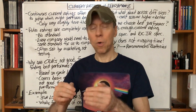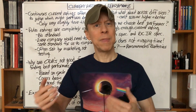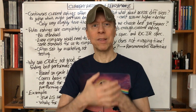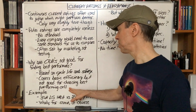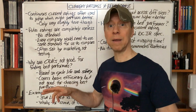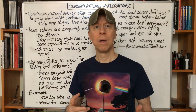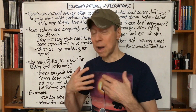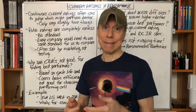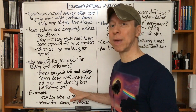Now, a lower continuous current rating can mean better performance because the battery is operating more efficiently, but that's not why the current rating is set there. It's mostly for these two things. Now, it covers basic efficiency, which is good. A lower current rating for any particular battery. If a Samsung 25R was rated, let's say, at 10 amps instead of 20 amps by the manufacturer, it would operate more efficiently at 10 amps. It may not be the battery you're looking for anymore, but